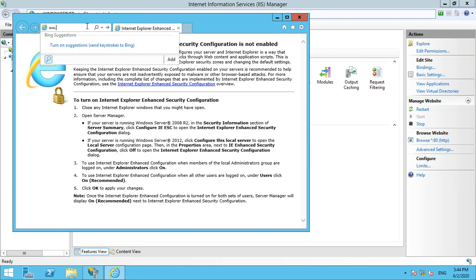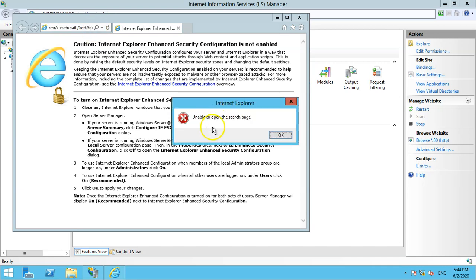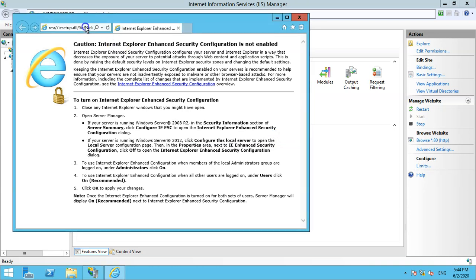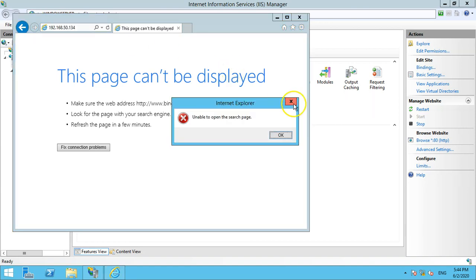So I'm trying to open a website with the name www.study.com. You can see it is unable to open the page because this website is not hosted with a DNS address. So if I try to access it with the IP address 192.168.50.134, which is the IP address of that IIS server,